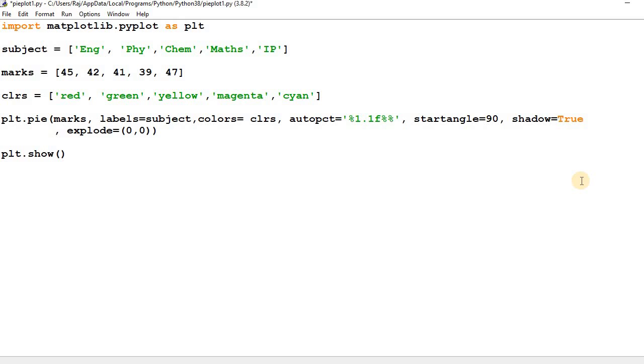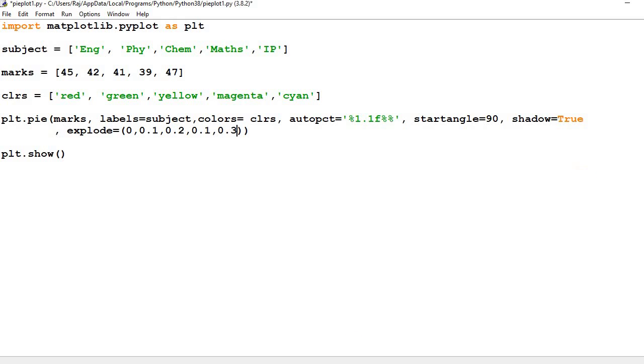Then 0 for English, 0 for physics, 0.2 for chemistry, 0.1 for math, and for IP 0.3.